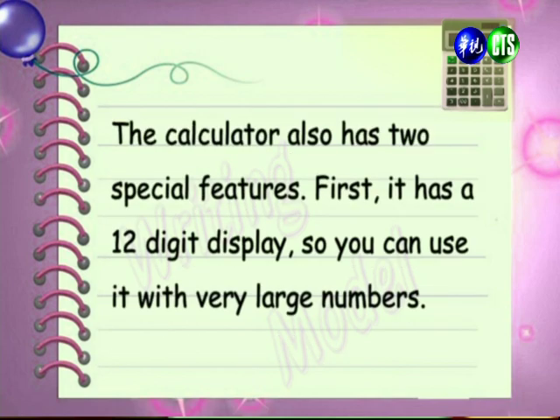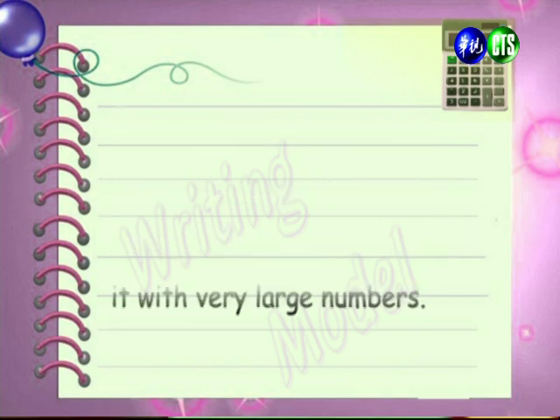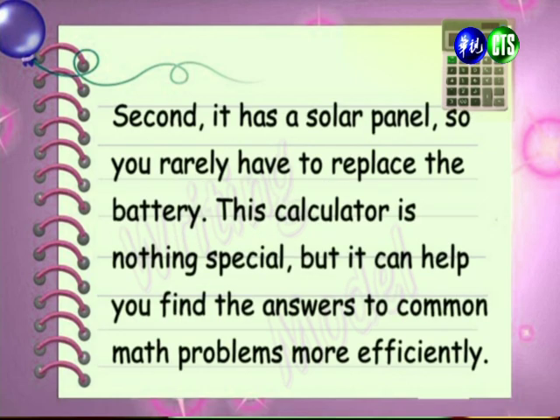The calculator also has 2 special features. First, it has a 12-digit display, so you can use it with very large numbers. 这台计算机它有一些特色，第一点，它有可以显示12位数的键盘，所以你可以用它来计算很大的数字。Second, it has a solar panel, so you rarely have to replace the battery. This calculator is nothing special, but it can help you find the answers to common math problems more efficiently. 第二点，它有所谓的太阳能板，所以你几乎不需要更换电池。这台计算机并没有什么特别，但它可以帮助你去找到一些简单的数学问题的答案。